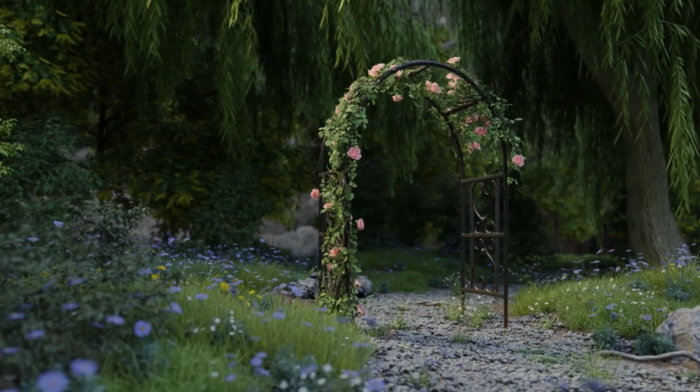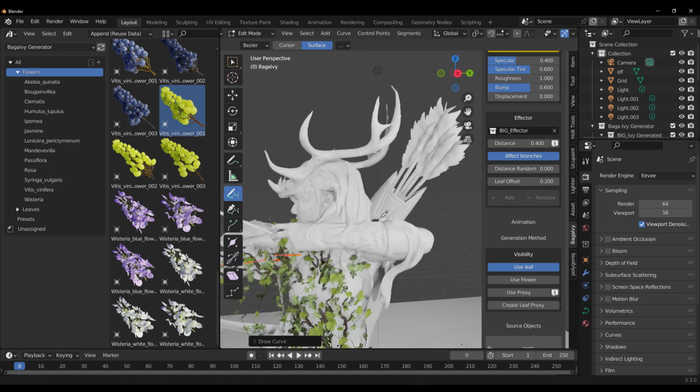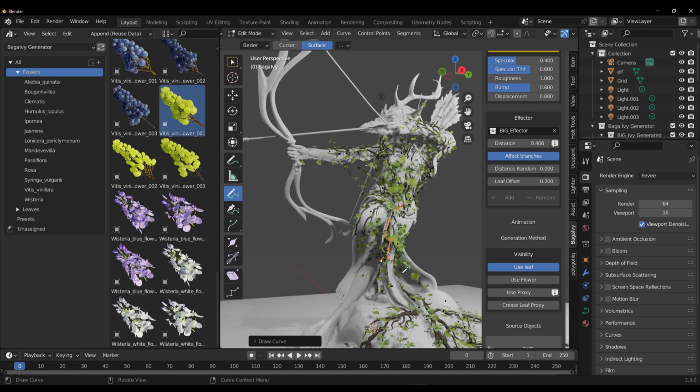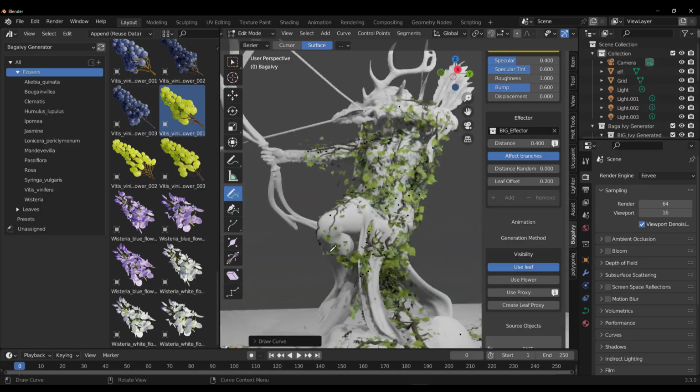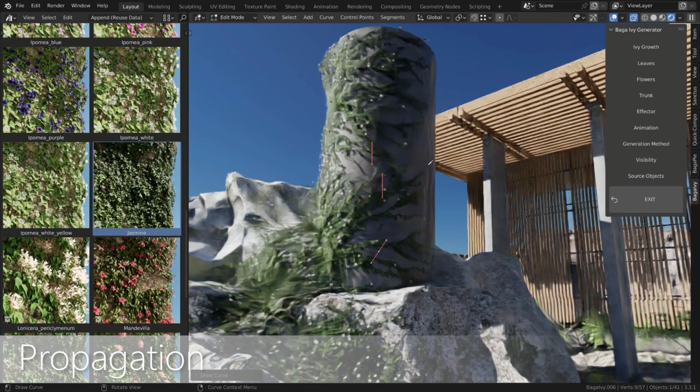Ivies are wonderful plants and can be used to beautify a scene as they bring about some aesthetic beauty. These vine climbing structures can be incredibly demanding to make and customize for various reasons. Luckily, Baga Ivy Generator is here, and this comes with a lot of controls and parameters to save you all